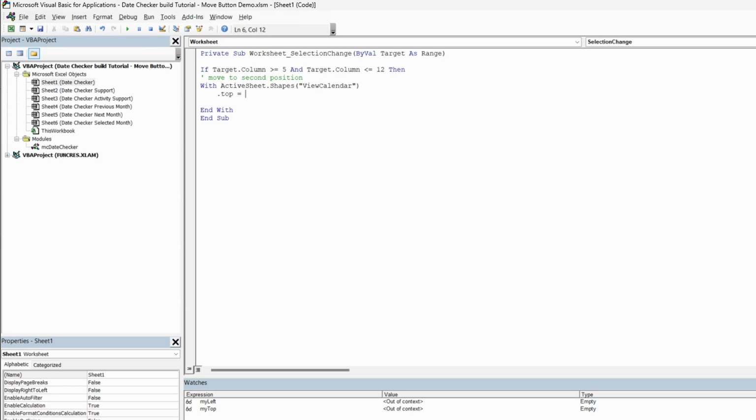equals 10. Do a return, then do dot left equals 606. Yeah, let's get rid of this spare line here. Now all I'm going to do is just copy this with control copy, because if it doesn't equal this one here, then I'm going to do